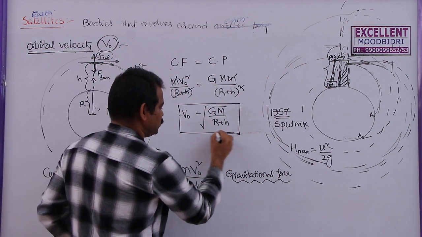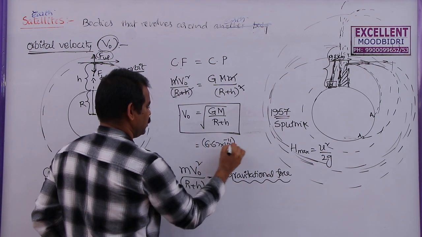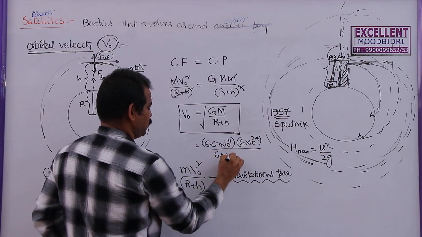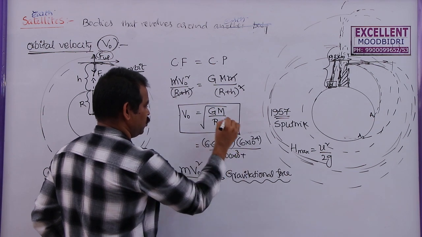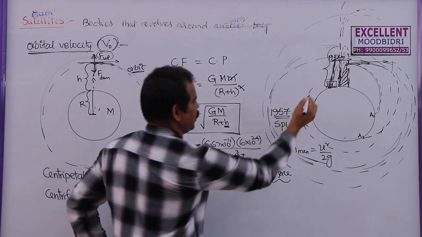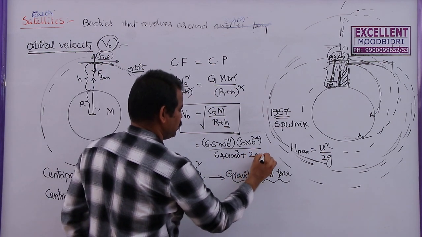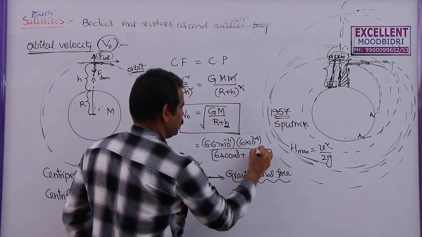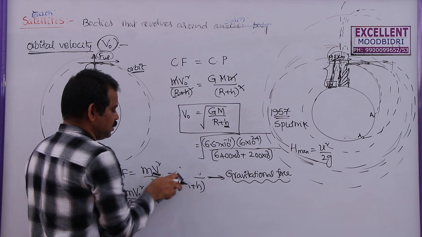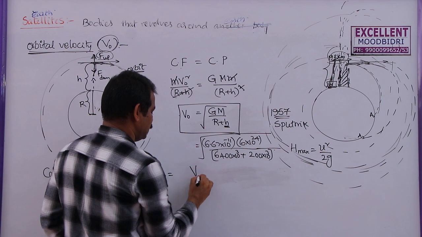Now if you know these values, G is equal to 6.67 into 10 power minus 11, mass of earth 6 into 10 power 24 kg, r is equal to 6400 kilometers, and h is equal to the height of the satellite above the surface of earth. I already told you this will be around 190, 200 and 250 kilometers only. So this will be around, let us say, 200 kilometers. So under root, if you calculate this value, finally you will get around 7.98 kilometers per second, the orbital velocity of the earth satellite.